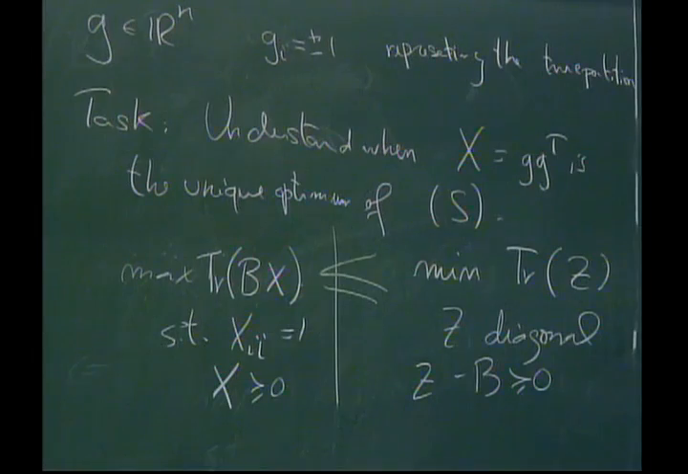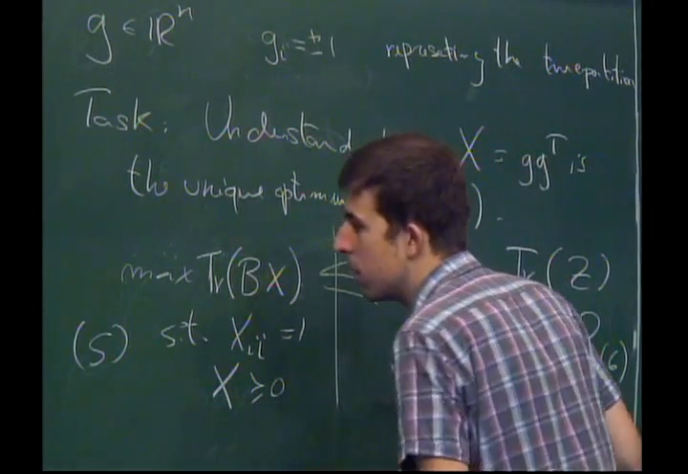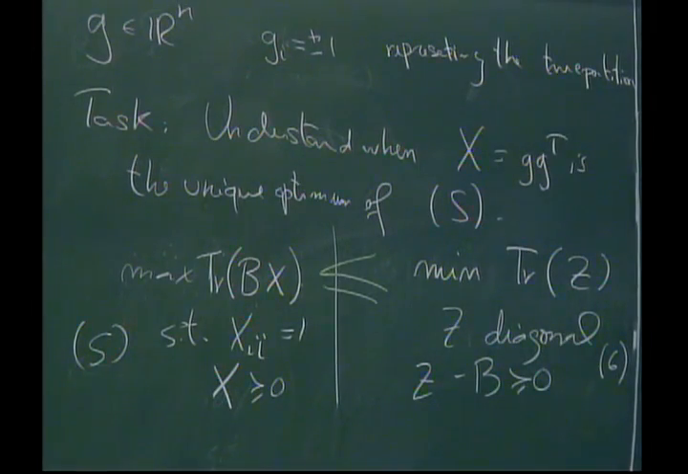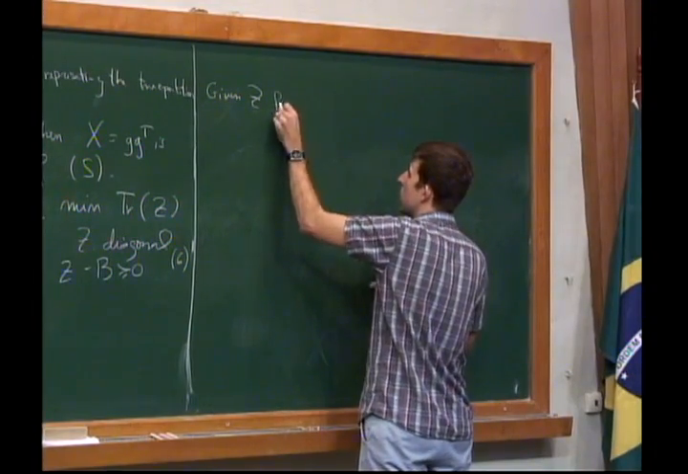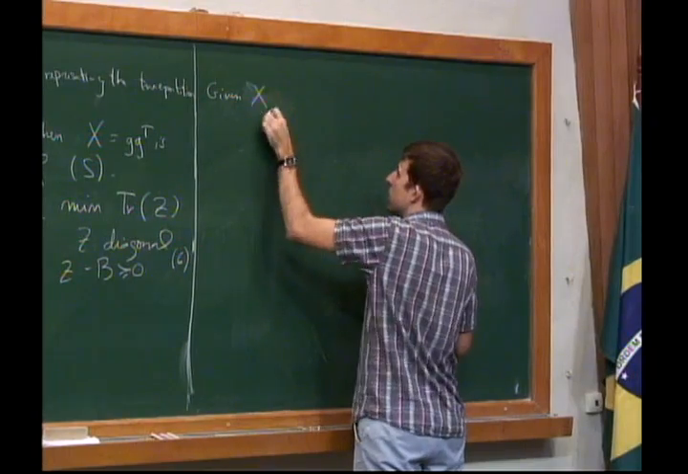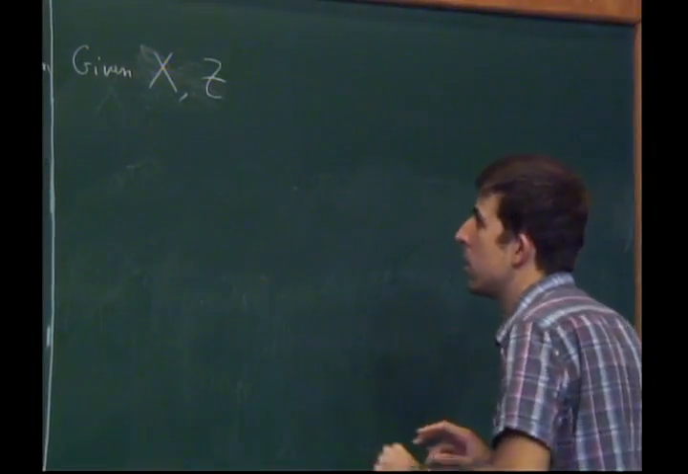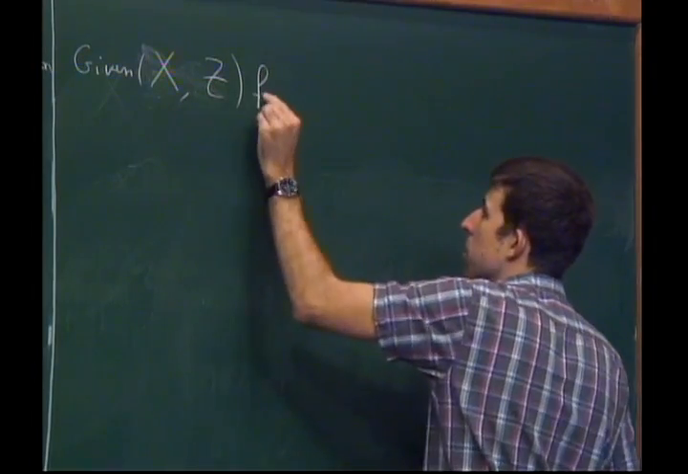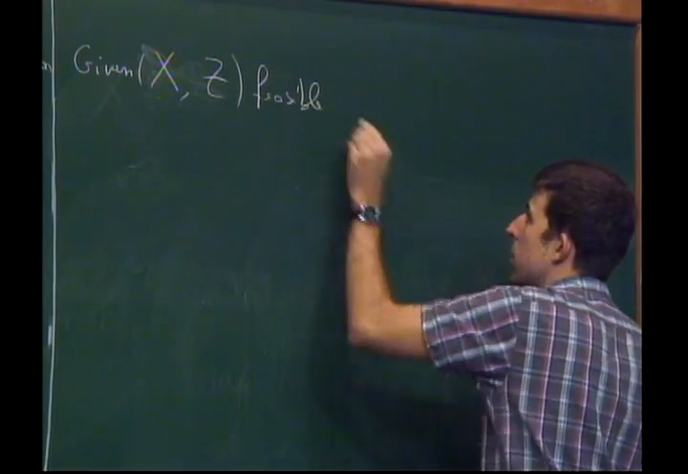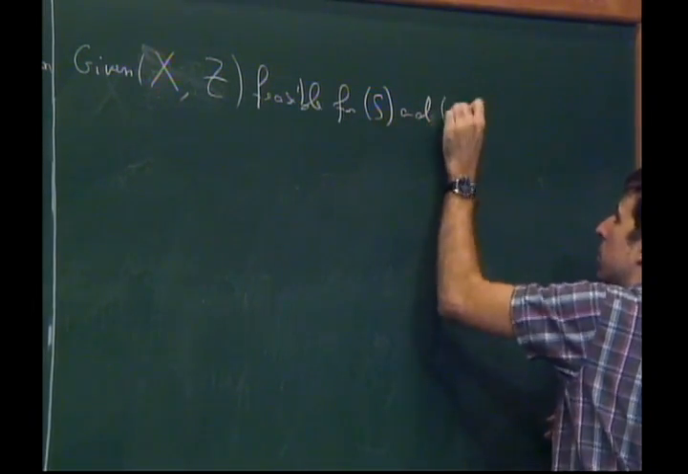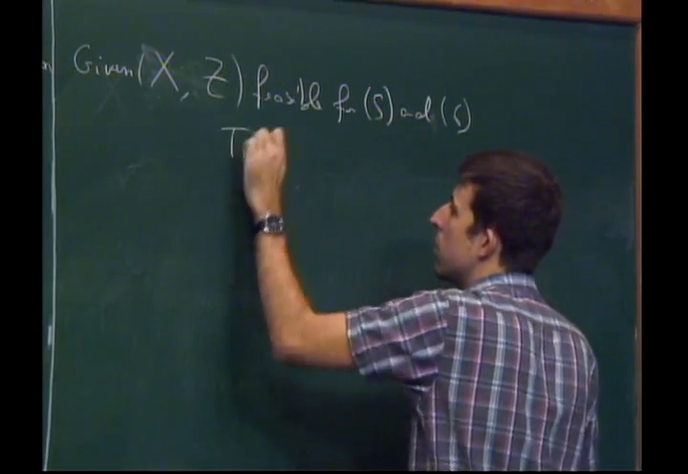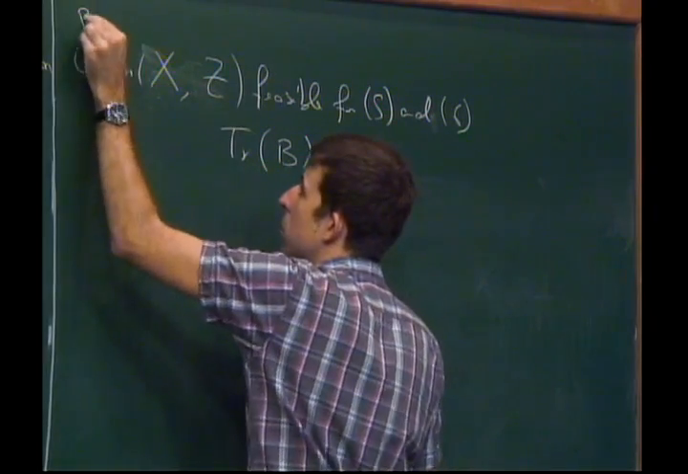Okay, so let's call this 6, this was 5. So given x and z feasible,